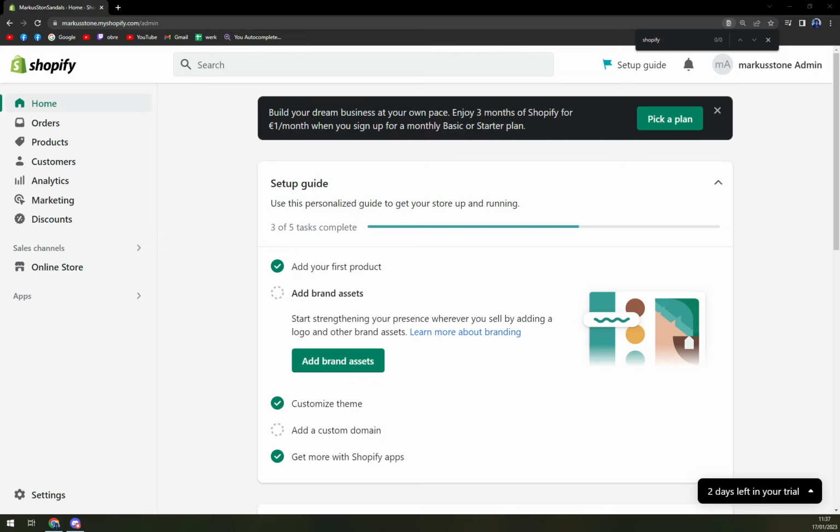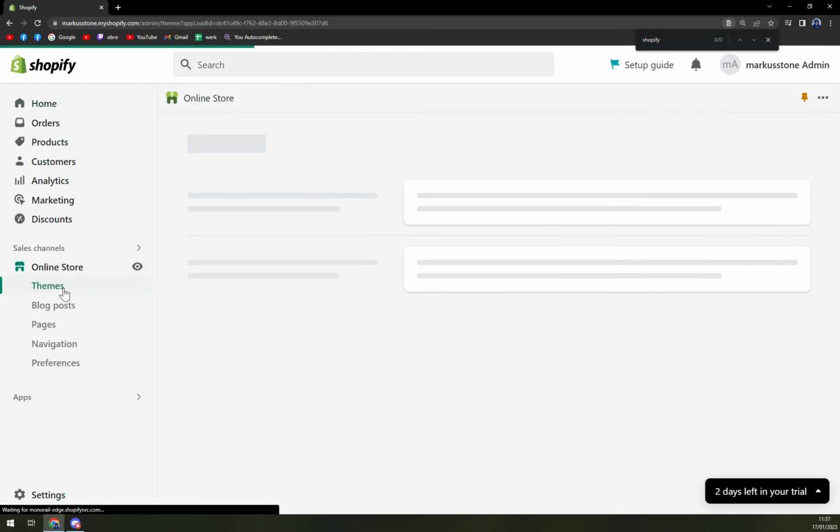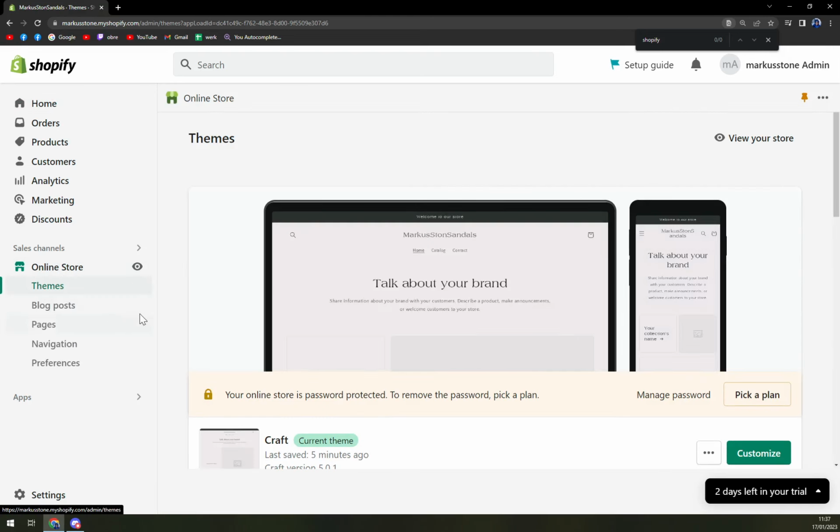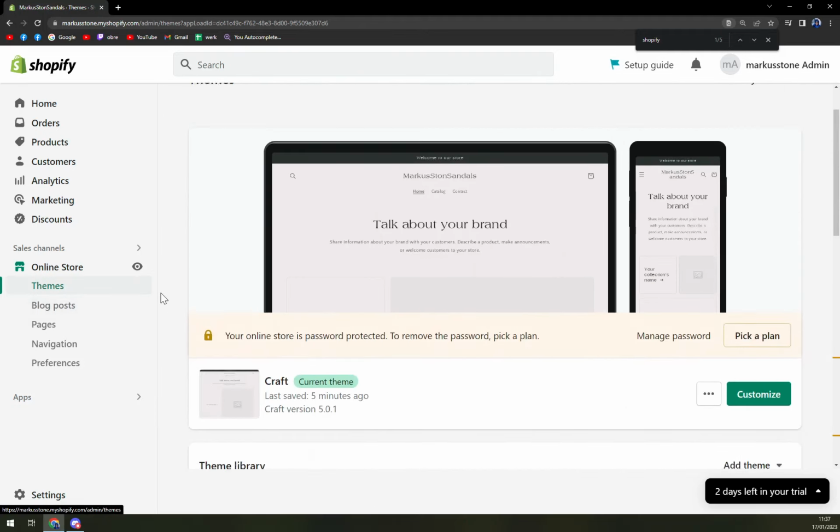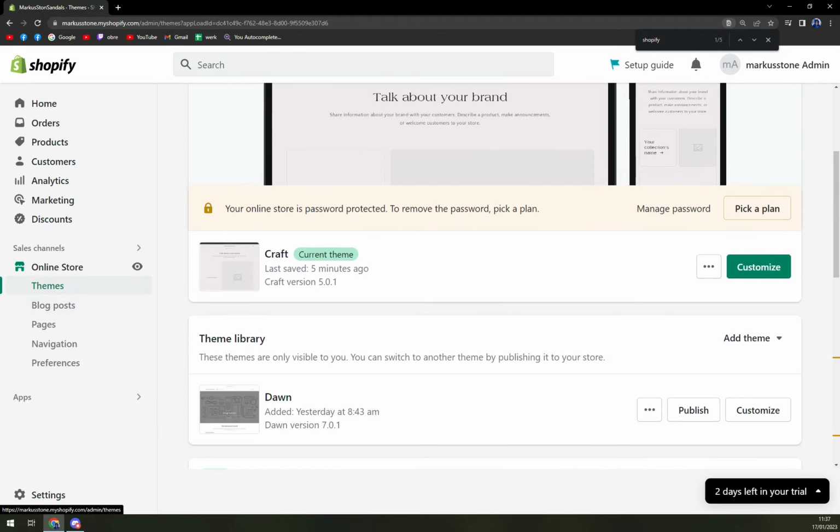It's pretty easy, and for this particular task we have to log in inside our Shopify as an admin. So once we do that, we want to focus on online store, and then we have a themes here. At the moment I'm using the craft one,